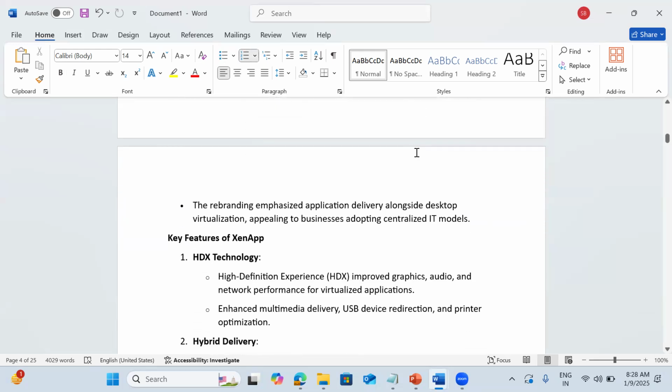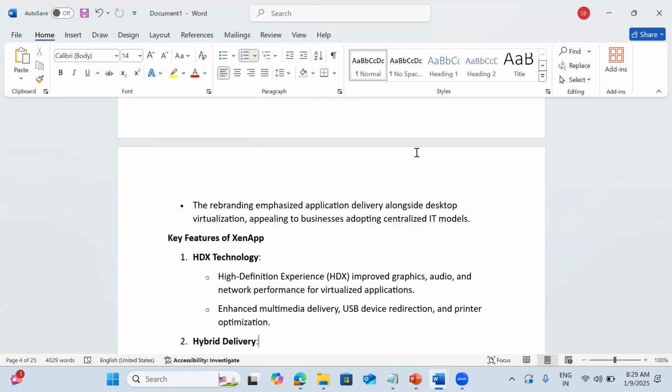With this rebranding, they wanted to become the leader in the virtualization market. But in server virtualization, we have a leader. Who is the leader in server virtualization? VMware ESXi server is the leader in server virtualization. In desktop virtualization and application virtualization, which we can call VDI, who is the leader? Citrix is the leader, no doubt about that.